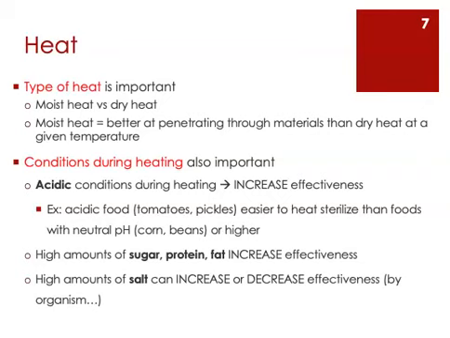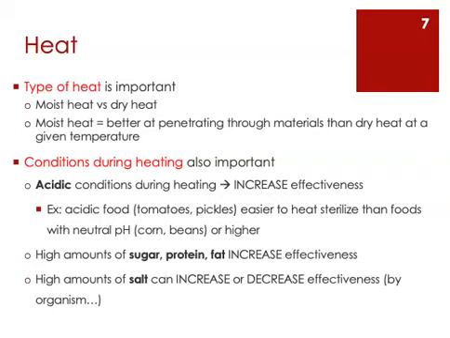Neutral pH foods, things like maybe corn or beans that you might package in a can, those are a little bit harder to apply the heat to. You have to work a little harder with the heat because you're only attacking the microbe with the heat.